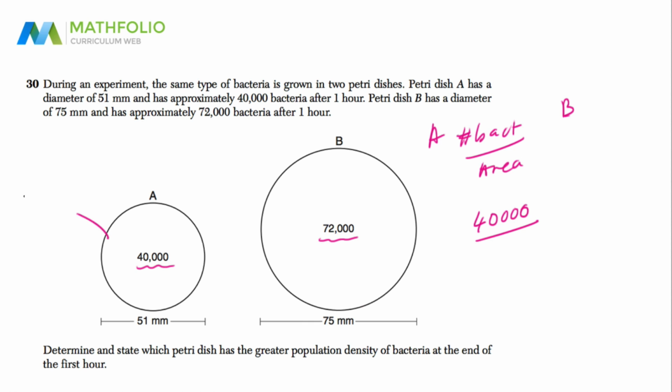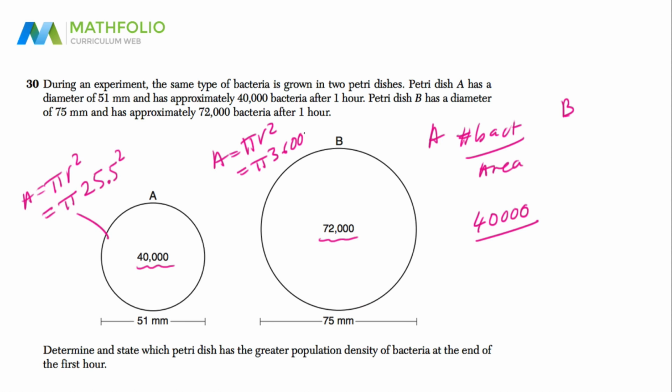Now the area of this equals pi r squared, which equals pi times 25.5 squared. And this one over here, area equals pi r squared, which equals pi times